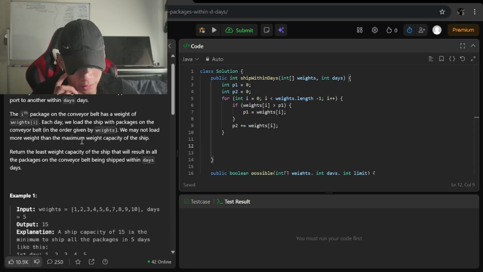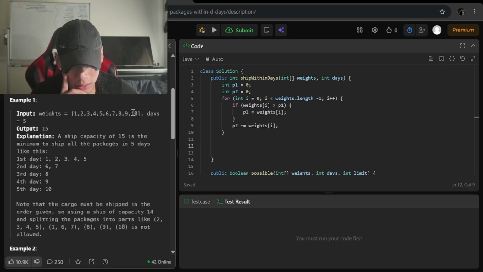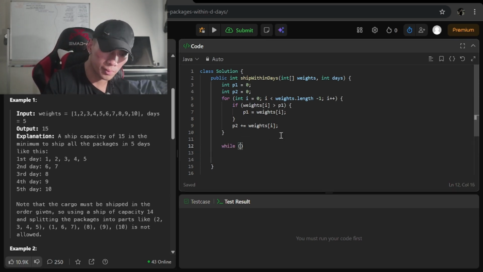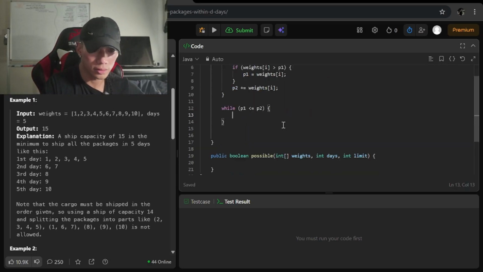So now we have the highest, which is 10, plus we have the sum, so that's a range. Now we'll do the while loop.